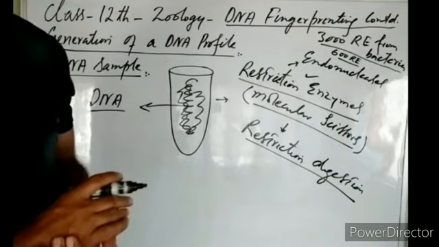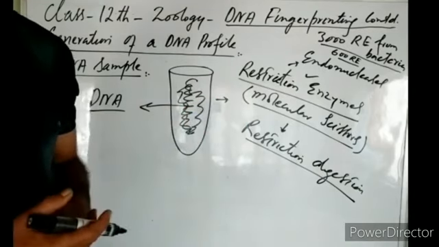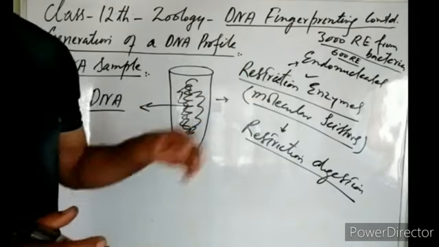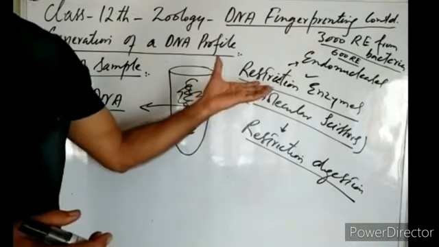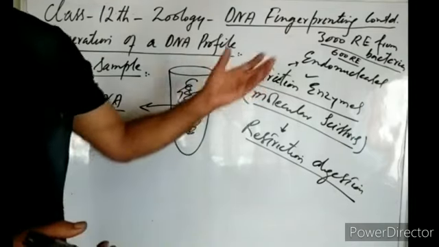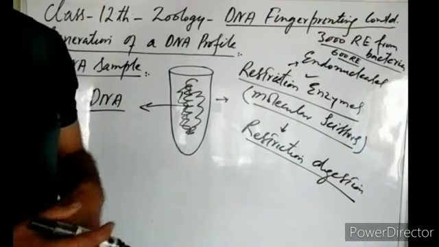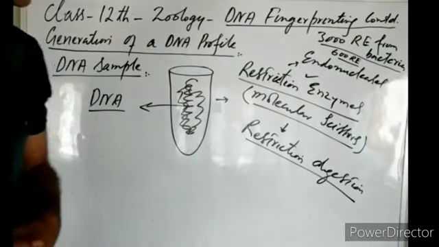They do not use tailoring scissors, they use molecular scissors. What are these molecular scissors? These molecular scissors are restriction endonucleases. Where do they get these restriction endonucleases from? They are obtained from bacteria. So far, 3,000 restriction enzymes have been obtained from bacteria, and out of these 3,000, 600 restriction enzymes are commercially available.